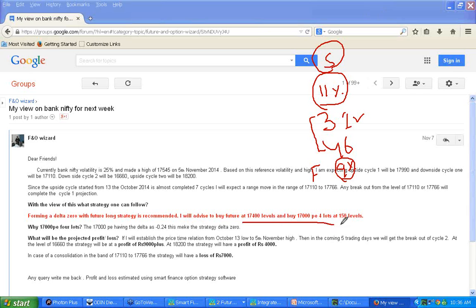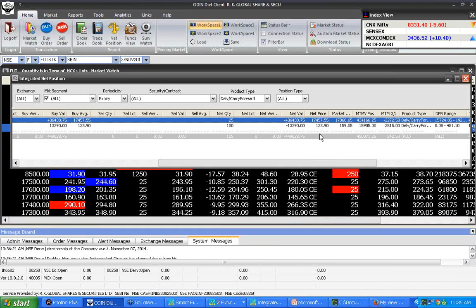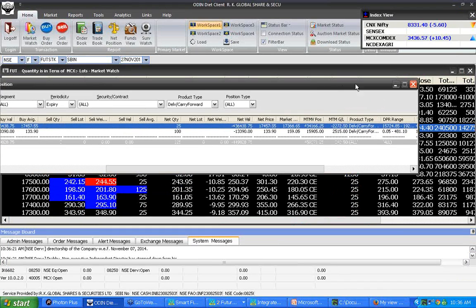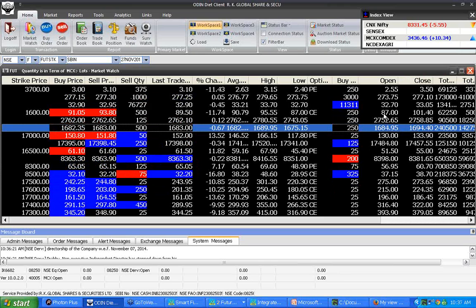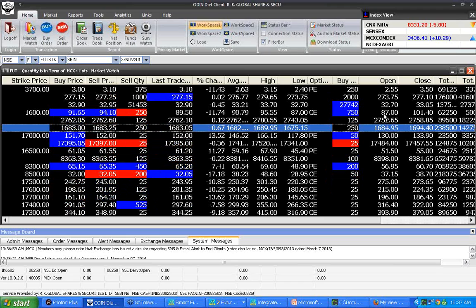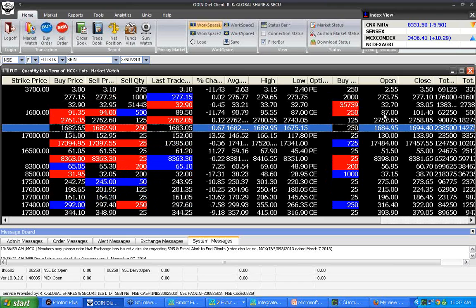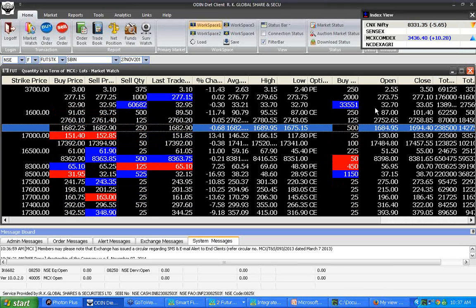Just to see, this is the strategy I was talking about. This is the strategy I gave on November 7th in the Google forum. You can get the timing also, what time it was given. And this strategy is also being taken by me, same order, one lot. It is not for the sake of profit, rather to know whether my estimates and my tricks work or not. For that reason only, I take this particular strategy, just to know how true my own view is and how it is going to impact me.